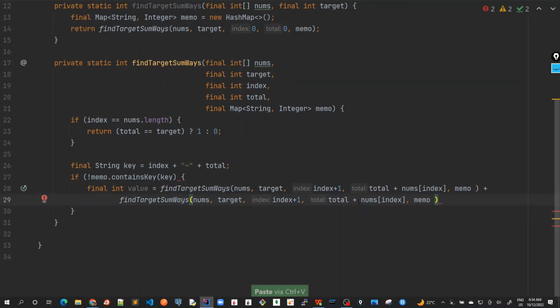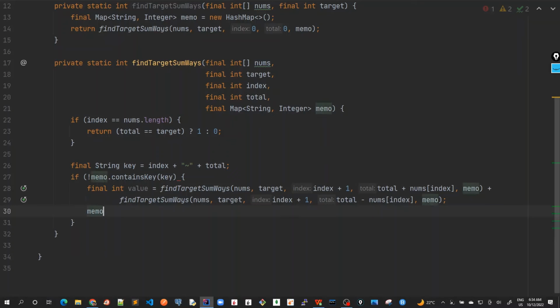Everything would be the same, but here total minus. Okay, so one condition is that we get the plus and the minus, and this is the final value that we get from these 2 recursive conditions. And then finally we put here the key and the value calculated,